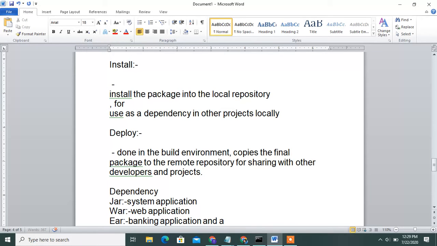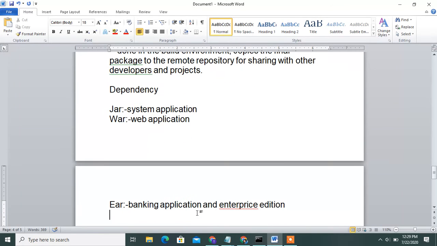So what are dependencies? Like jar, war and ear. Jar is a system application, war is a web application, and ear is a banking application.